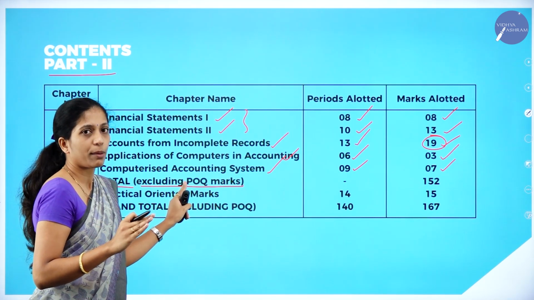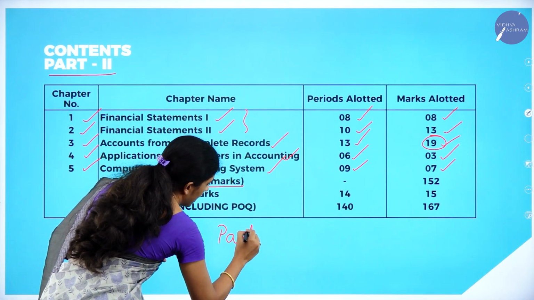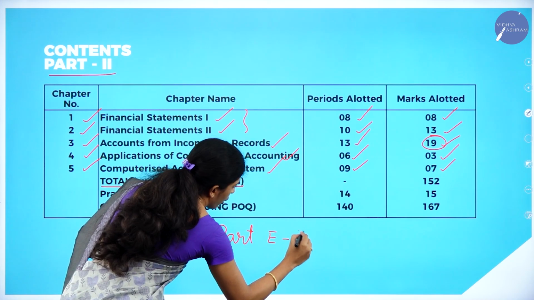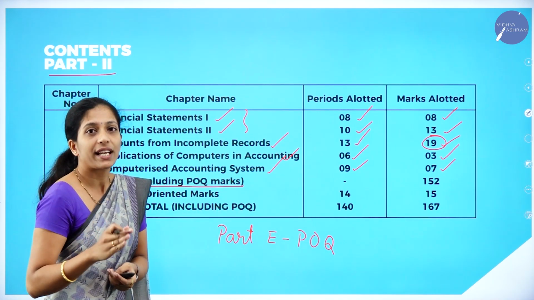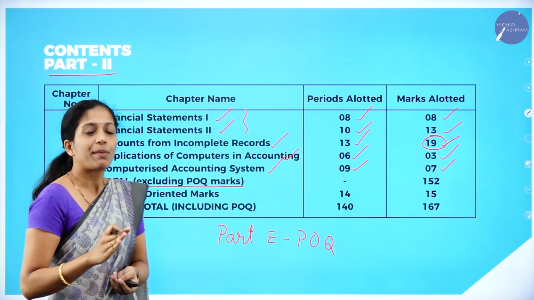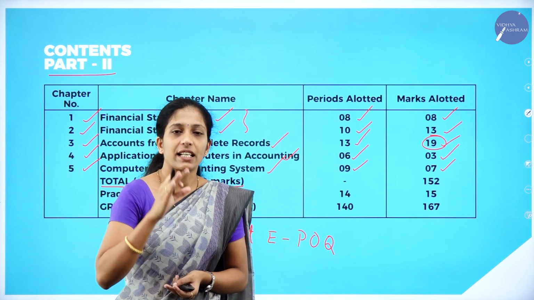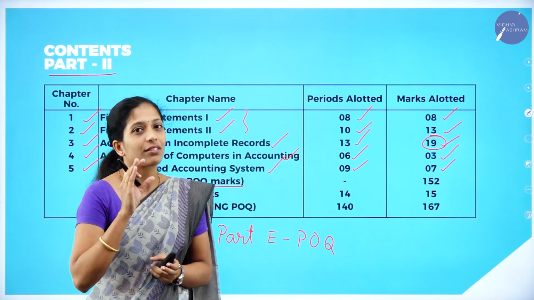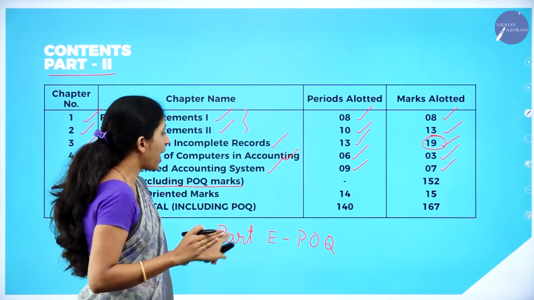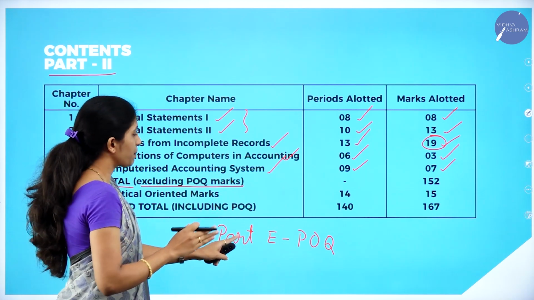Now, you remember in your question paper, part E is all about POQ questions, that is practical oriented questions, where they might ask for 5 marks relating to the format of a particular account or specimen of a particular voucher. So that will be asked in your part E, that is practical oriented questions. Excluding this part E,